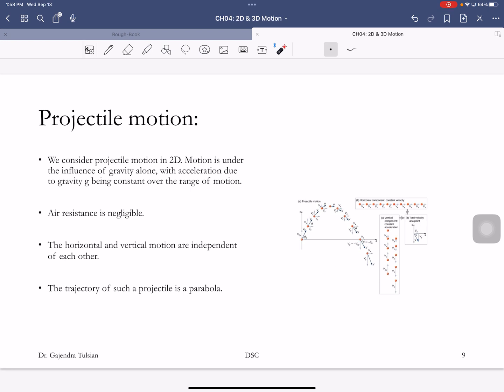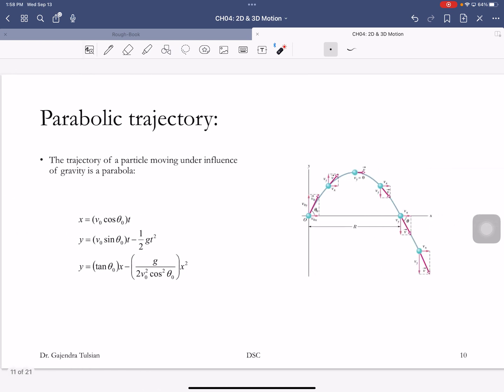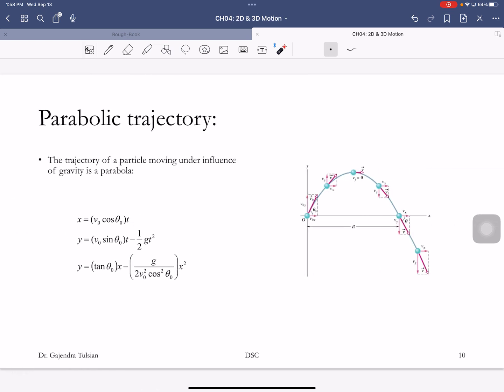All right. So I'm going to quickly show you that the trajectory is a parabola. From your calculus classes, you've learned that the graph of a quadratic is a parabola. And if this constant is negative, the parabola is pointing downward, and so on. So what we'll do is,